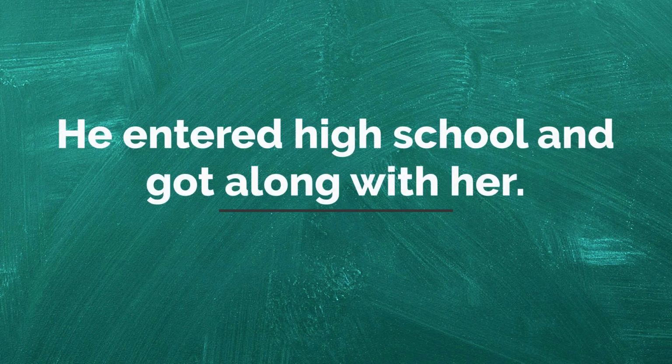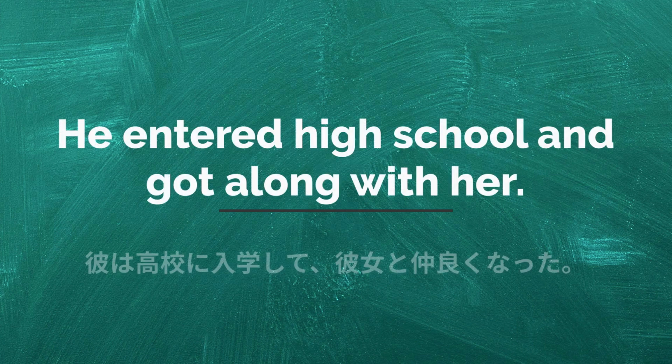Enter X. X に入る。 He entered high school and got along with her. 彼は高校に入学して彼女と仲良くなった。